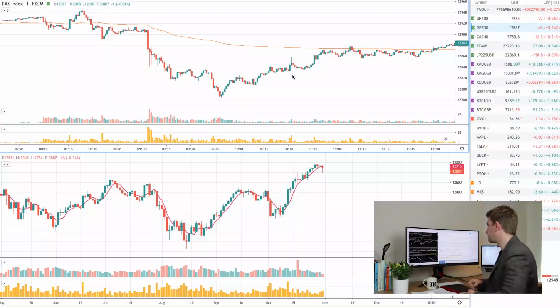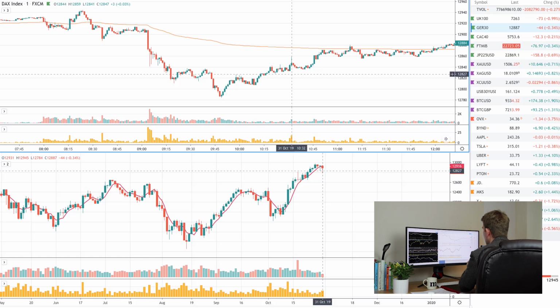Okay, so what I'm going to do, guys, is look at an example from the DAX. Now, there was a very similar example the other day, actually, that I was trading on the Dow. So this pattern is happening throughout all different types of markets, so it's worth looking at if you're an intraday trader. Let's hit the screens. All right, guys, so we've got the DAX in front of us here.